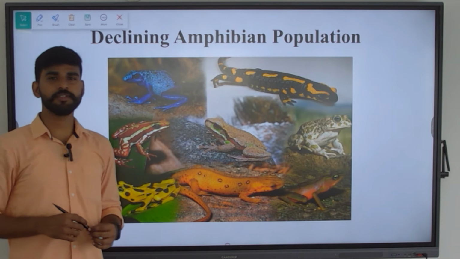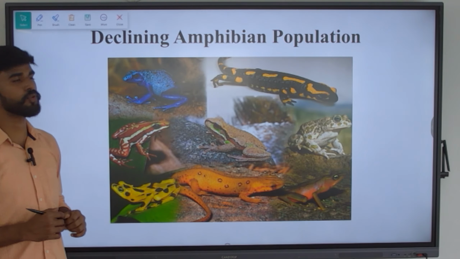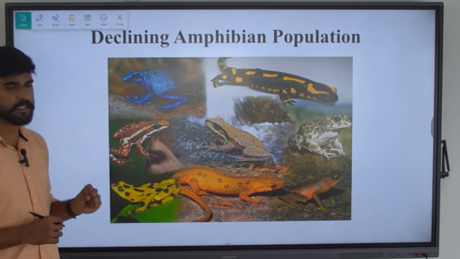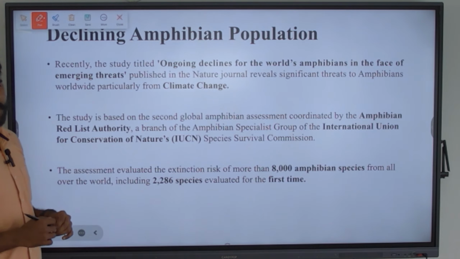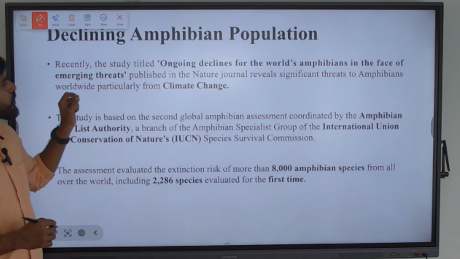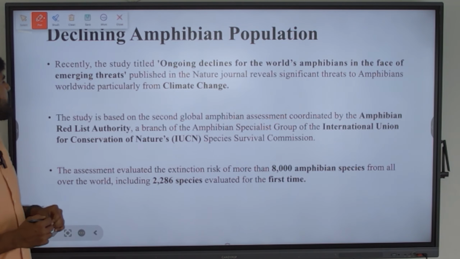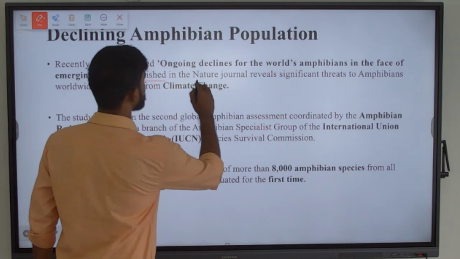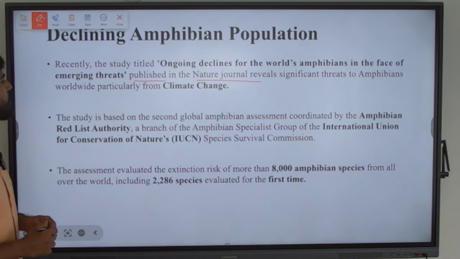The topic that we are going to discuss now is declining amphibian population. So what are amphibians? Why is its population declining? All these details let us understand one by one. So there is a recent study titled Ongoing Declines for the World's Amphibians in the Face of Emerging Threats. This is the title, and this was published in the Nature journal, which reveals significant threats to amphibians worldwide,